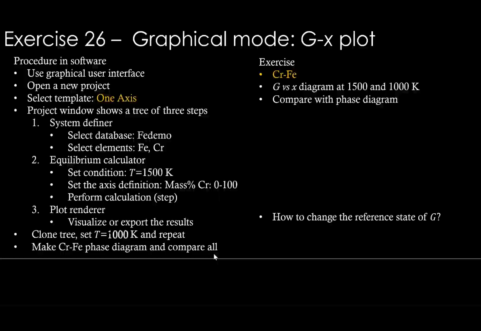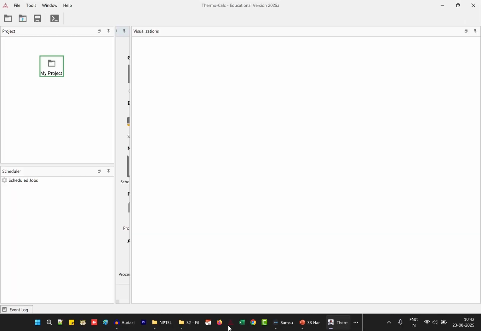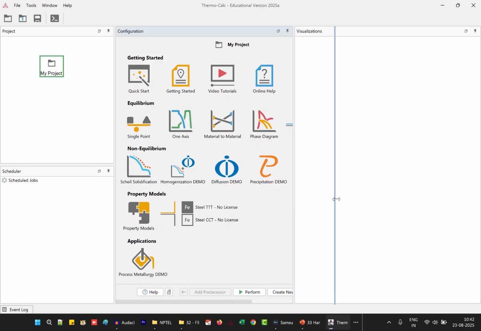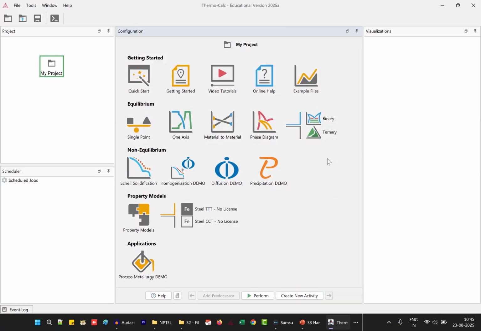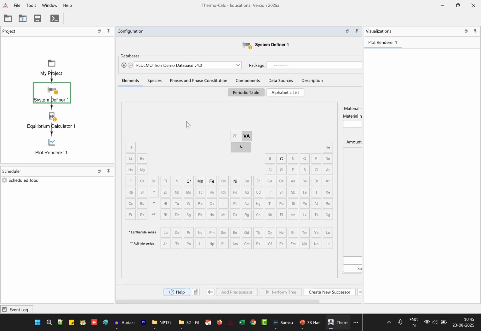Let's do that. Okay, so now I'm going to click on one axis template. Database FEDemo is fine.